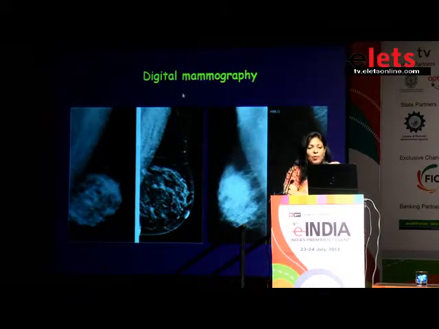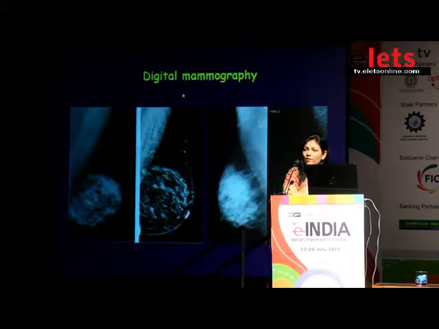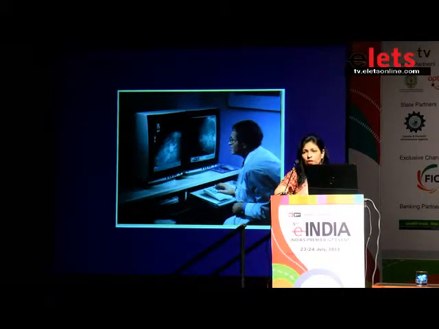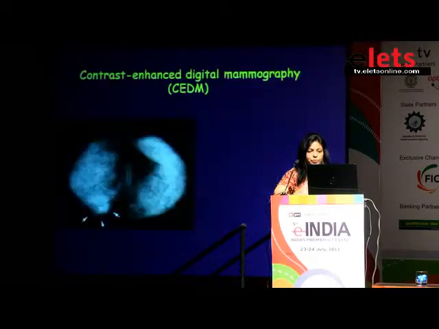So that's how digital mammography has also helped us. Just like how we have digital imaging for routine chest, etc., you can also do it for the mammograms and then see how things have cleared up. You can see better. And like I said, the most important thing about digital radiography is the post-processing. You can really alter the image, you can magnify the image, and you can do all kinds of post-processing which will make diagnosis much, much easier for you.